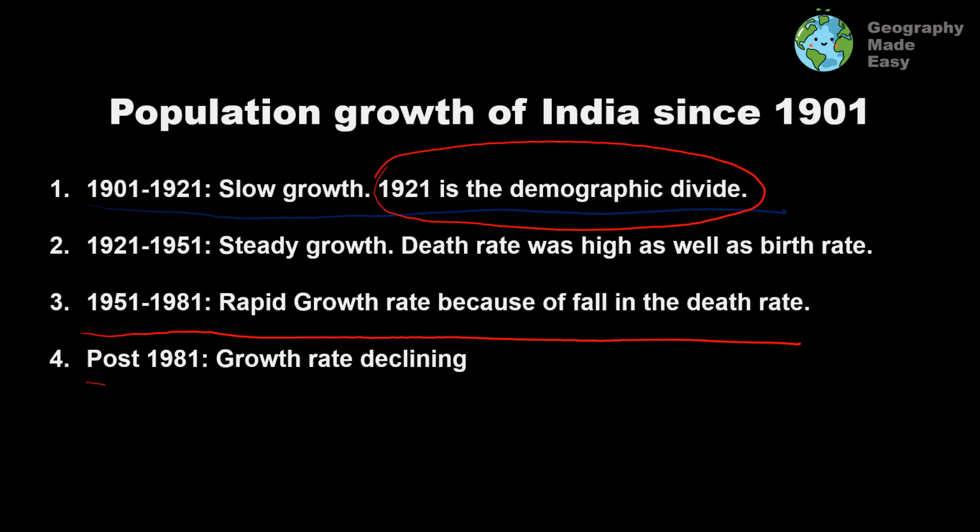So post 1981, we again see a growth rate decline where the number of births started declining because there was a lot of campaigning through television. Of course, before this we had radio, but from 1981 we see television slowly penetrating Indian households. From the 1990s onwards, electrification of villages and remote areas and the penetration of televisions in the common man's house led to a kind of revolution, which got translated into awareness programs being given to people about high